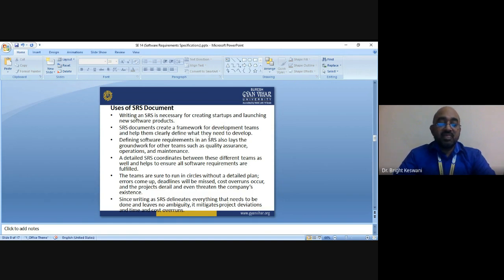Project managers base their plans and estimates of schedule, effort, and resources on it. The first use. Second is, the development team needs it to develop their product. The third one is, the testing group needs to generate test plans based on the